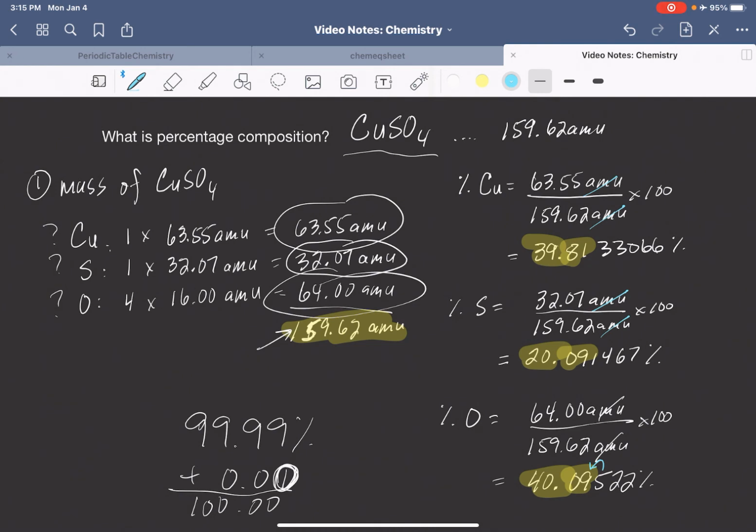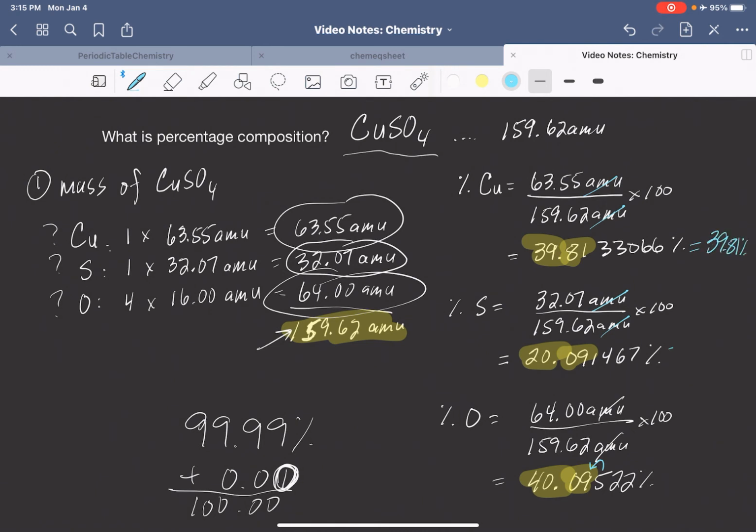0.095 is closer to 0.10, because 9 can round up to 10, that 5 makes this value closer to the next one than this 1 does, or this 3 does. So this is a situation where we realize that we stick with this, and that our final answer for this one would have to be